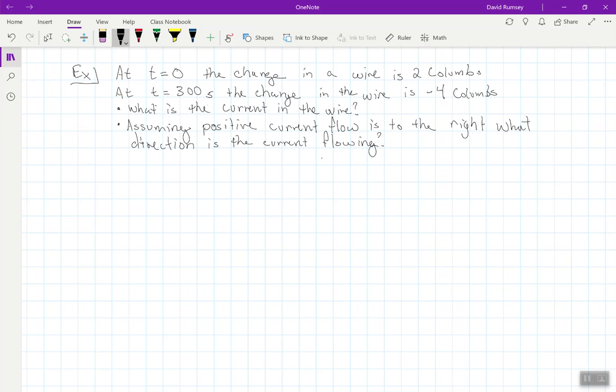The first part is a very straightforward computation, because remember, for this course we're defining our current as the change in charge over the change in time. So this would be minus 4 coulombs minus 2. Let me go ahead and write the formula down here. This is Q2 minus Q1 over T2 minus T1. So this again would be minus 4 minus 2 over 300 minus 0, which gets us minus 6 over 300,